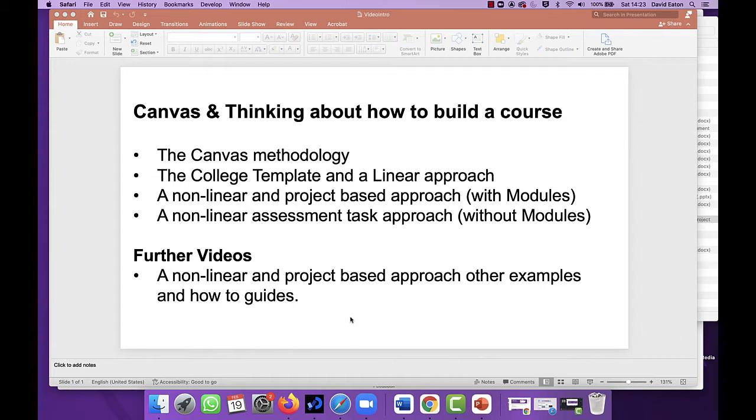To do that, I'm going to start by looking at the Canvas methodology and making sure that there's a clear understanding about how Canvas works in terms of the ideas about how you should approach course building. Then moving on to the college template, which has a very linear approach to course building, and then